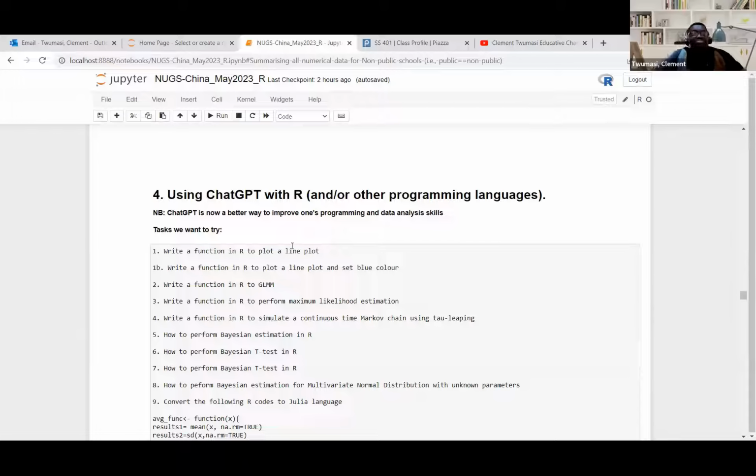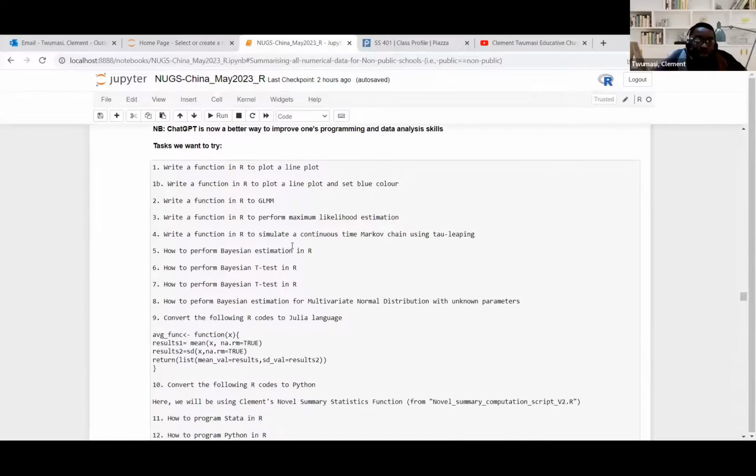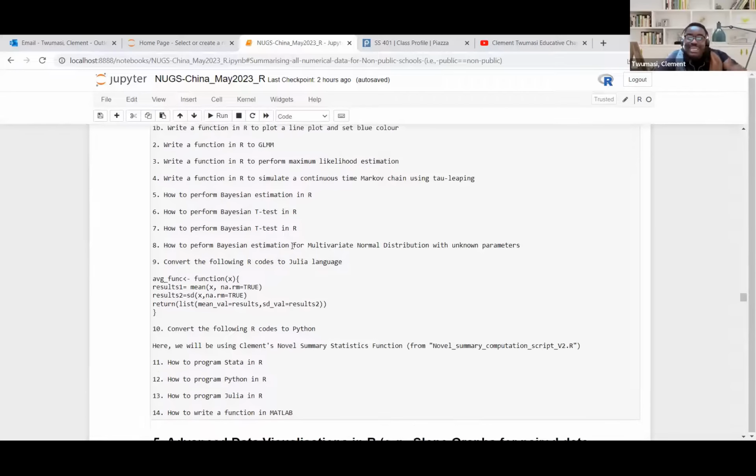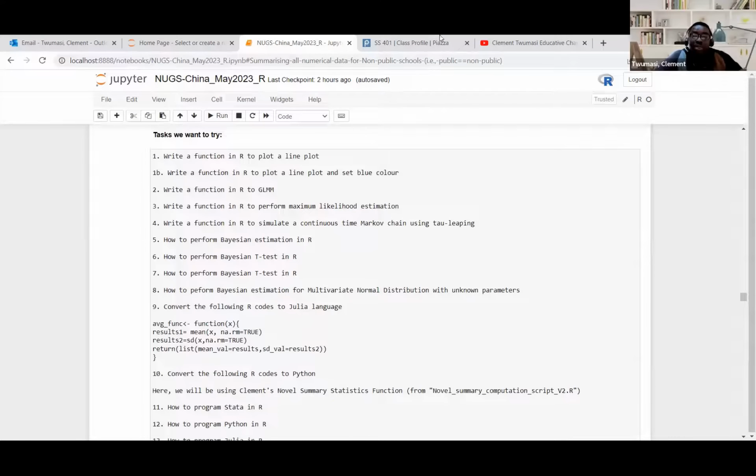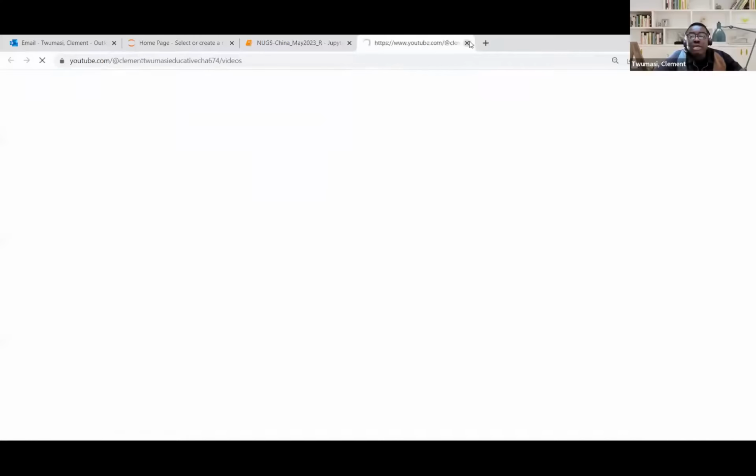The whole point is that it's an AI, or artificial intelligence, right? So what that implies is that just like any machine, you have to use it with caution. But when it comes to programming, because it's an AI and programming is based on AIs, it's relatively 100% accurate. So here I've written a list of tasks that I wanted ChatGPT to do for me. So now let me